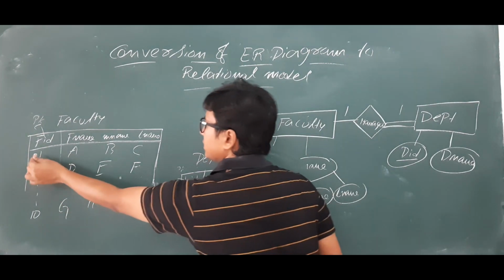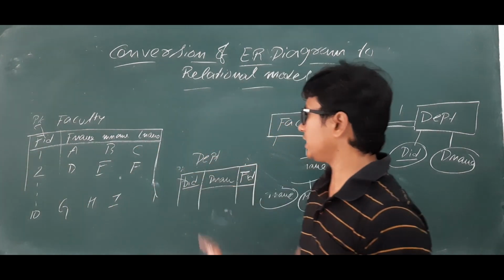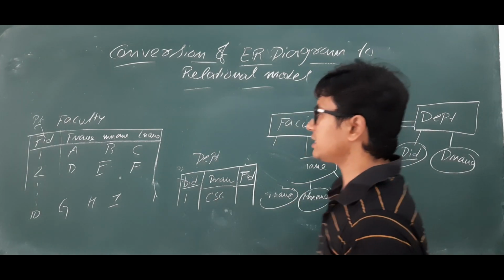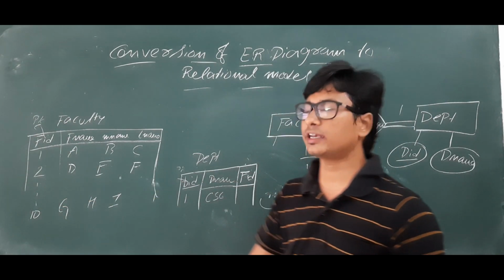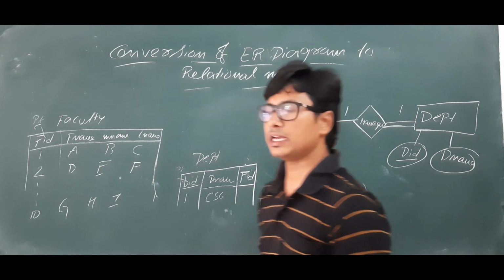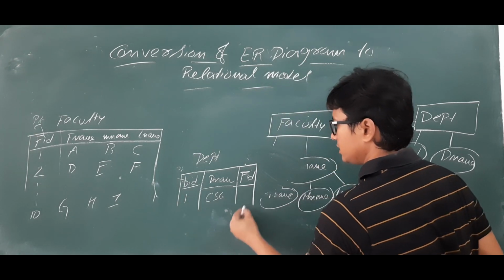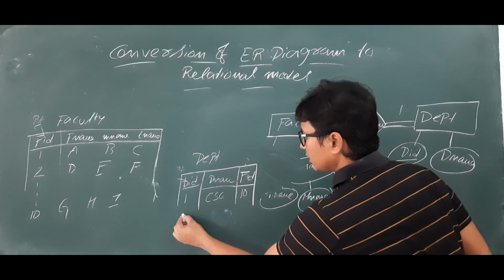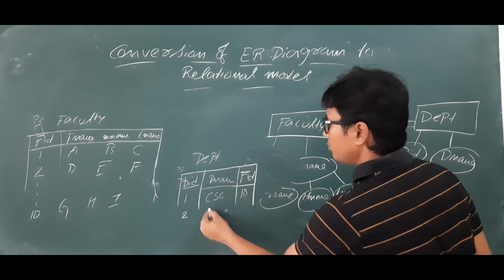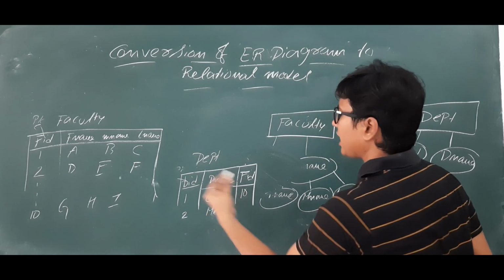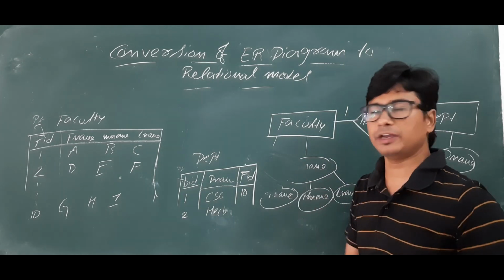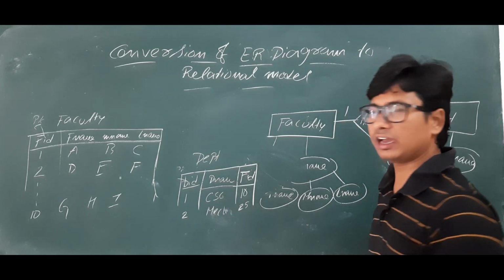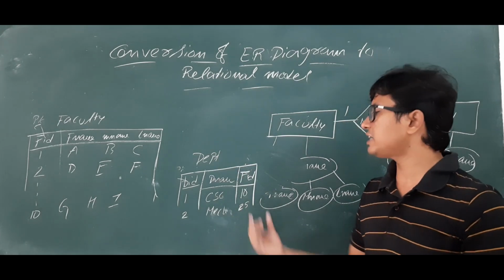Now faculty ID 1 is not acting as a HOD. Let's say this is department 1, CSC. As we said earlier, 1 to 9 are not acting as a HOD, and 10 is acting as a HOD for the department called CSC. So here you will have an entry 10. Now let's take department ID 2, which is mechanical. Some faculty is acting as a HOD. Among the n number of faculty, let's take faculty ID 25, who is acting as a HOD.